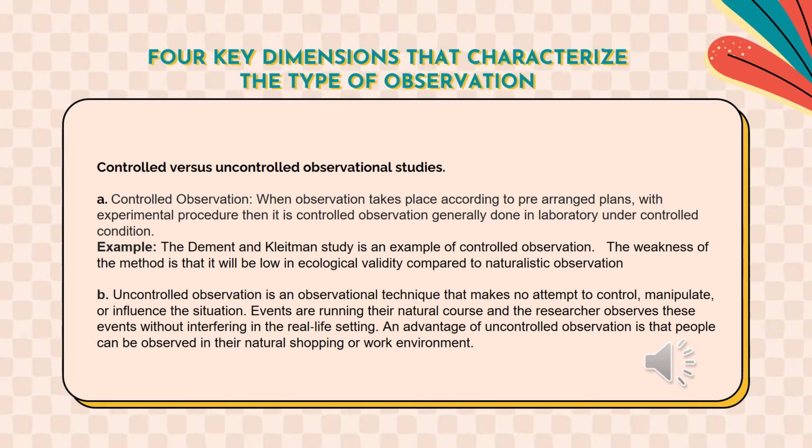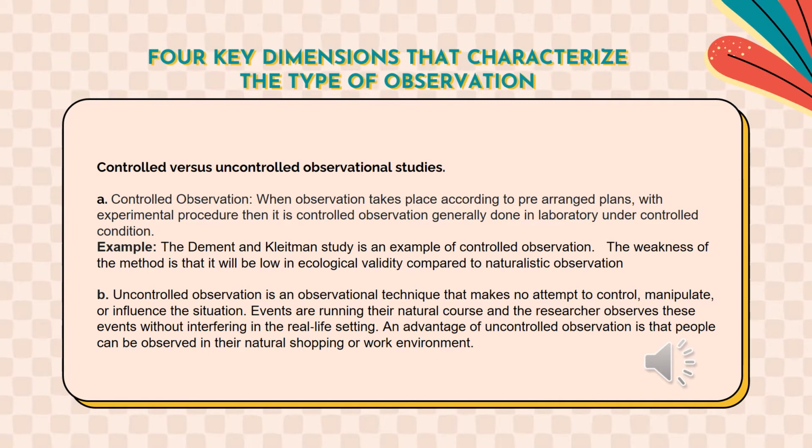There are four key dimensions that characterize the type of observation. First, controlled observation. It happens when observation takes place according to prearranged plans. The conditions are contrived by the observer with the experimental procedure and under systematic circumstances instead of casual and